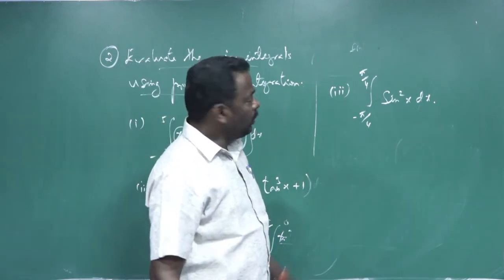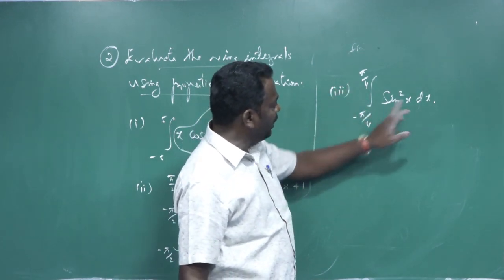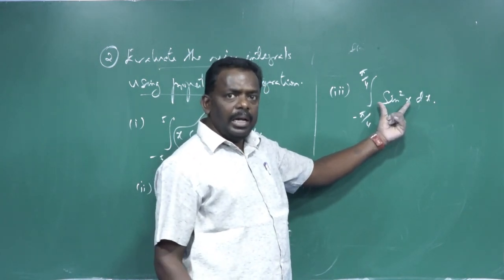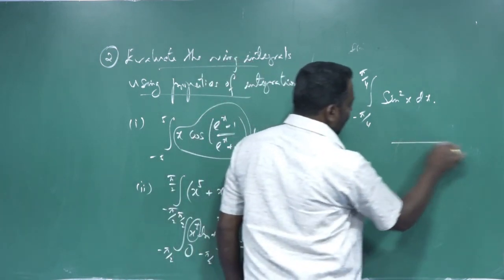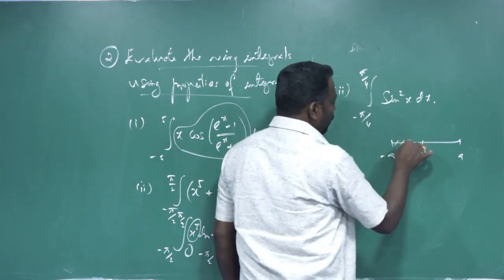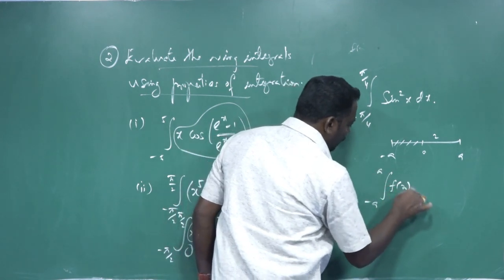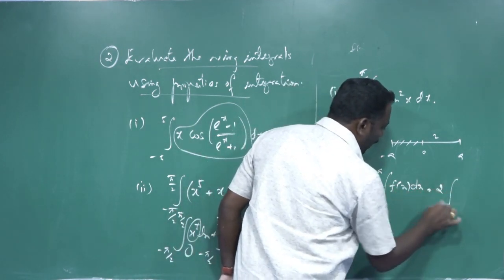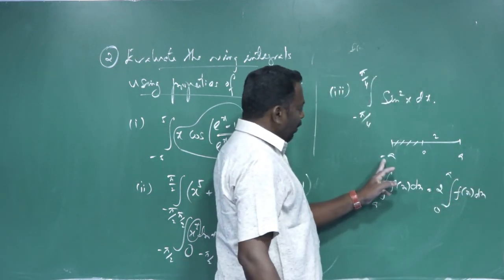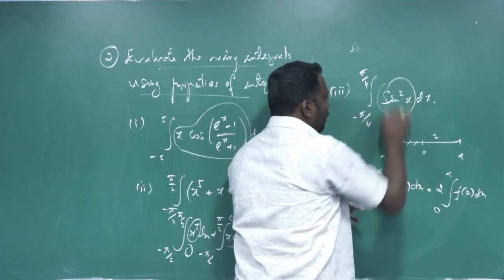We know integration of dx is equal to x, so just we have to integrate and find our final answer. Now subdivision number 3, integral minus pi by 4 to plus pi by 4 sin square x dx. Again we want to verify whether the sin square function is either even or odd. It is an even function. Therefore, if it is an even function, we remove the negative side and multiply by 2 by applying the integral formula: integral minus a to plus a f of x dx is equal to 2 times integral 0 to a f of x dx. If it is an even function, cos sin square is called an even function.